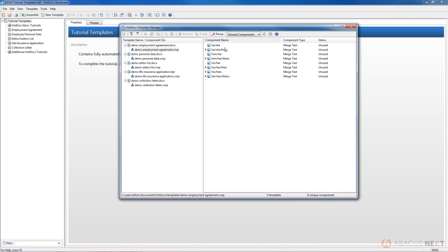So even though they indicate that they're unused, you don't want to clean that up. So just remember to delete the components that you absolutely don't need and that are